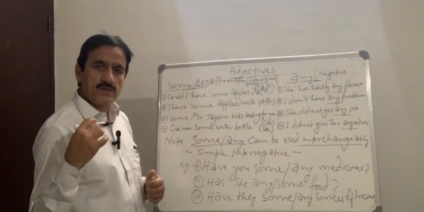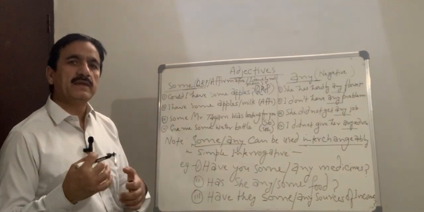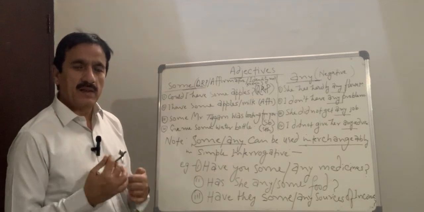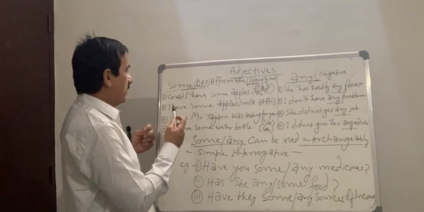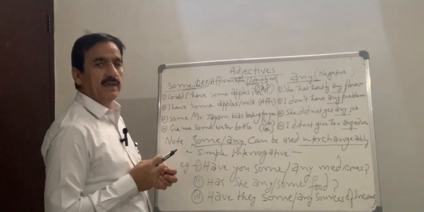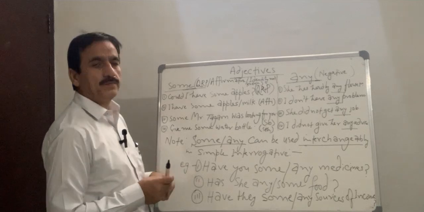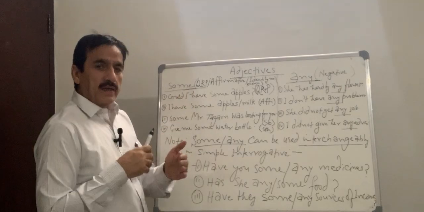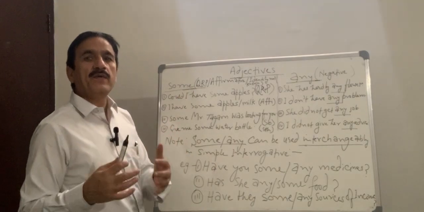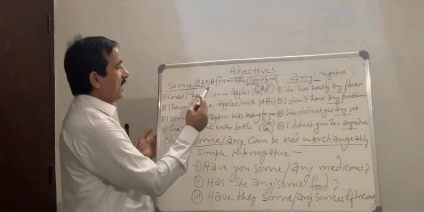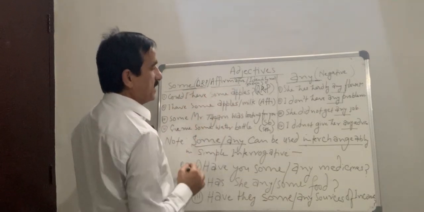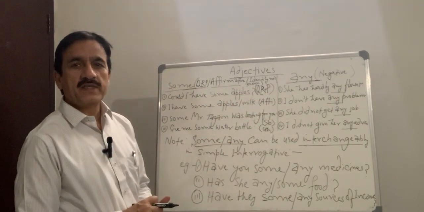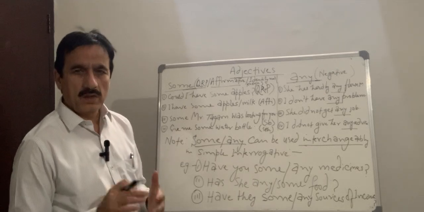Some adjectives are also called determiners when they determine the quality, quantity, or number of a noun or pronoun. So today, some and any. Some is used usually for questions, combining request and politeness. Some is used for affirmative sentences. Some is used when details about the identity of someone or something are not known.